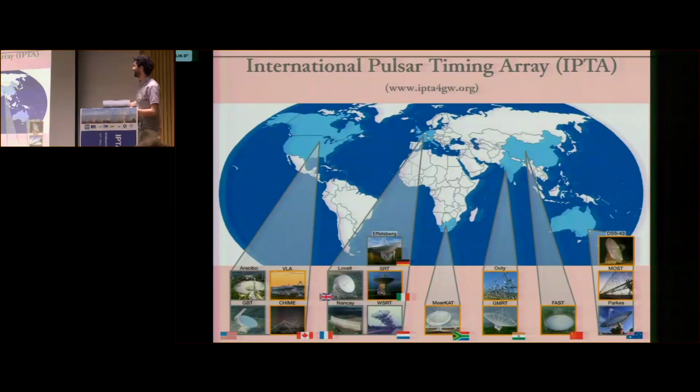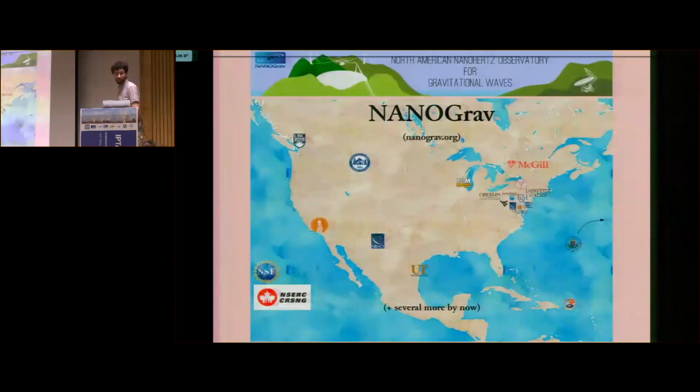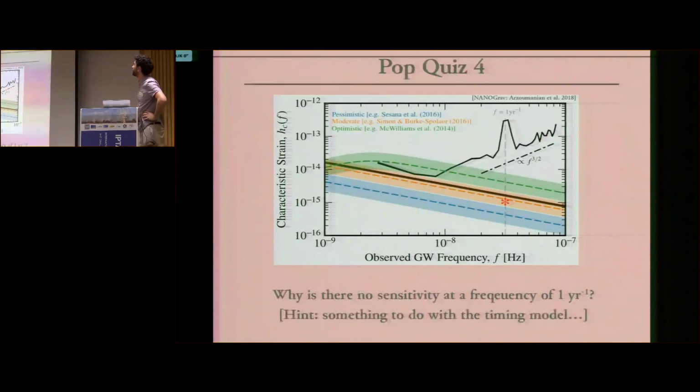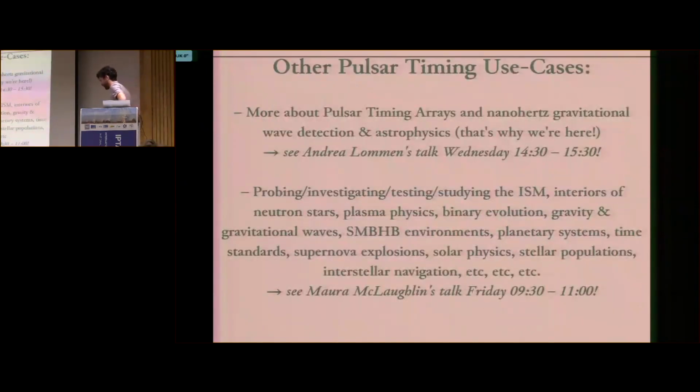So here it is. These are the very many telescopes involved in the IPTA and the very many countries. And there are new ones coming online, new telescopes and new collaborations, but it's not my place to introduce all of them. And I also won't introduce Nanograv at the moment. I just wanted to show you this curve. So I have one more question for you, but it's not going to make sense without introducing the pulsar timing array experiment. So forgive me for going over time and skipping the pulsar timing array section,